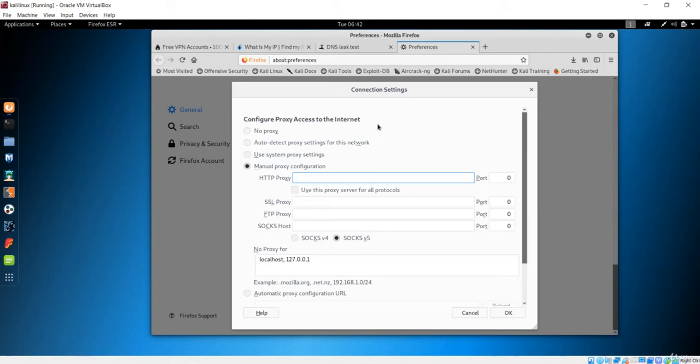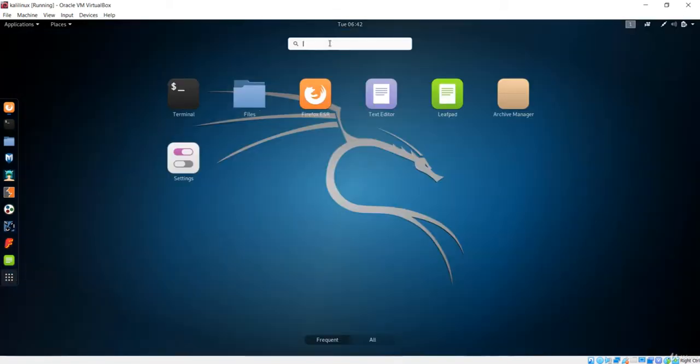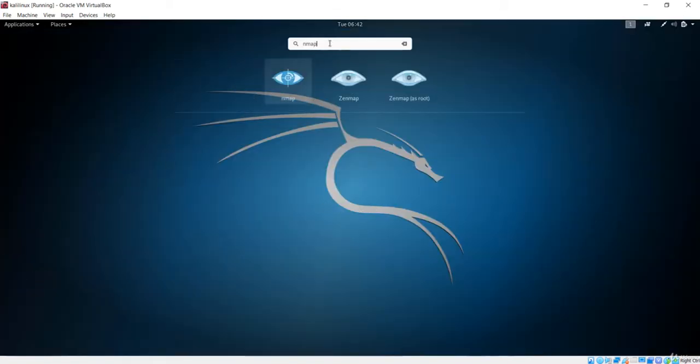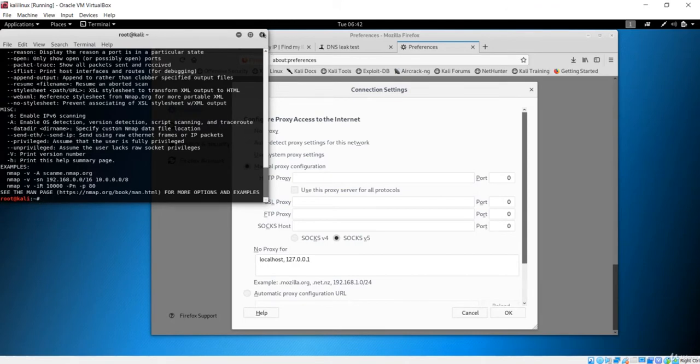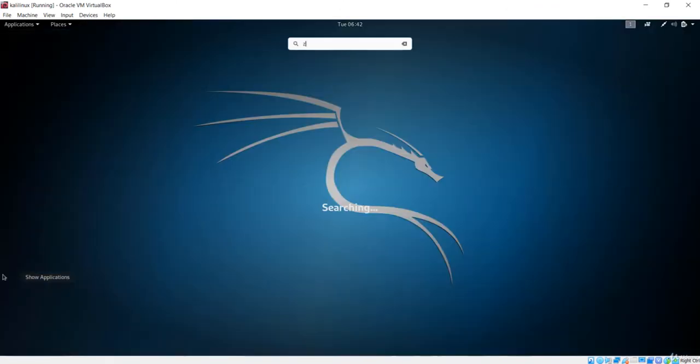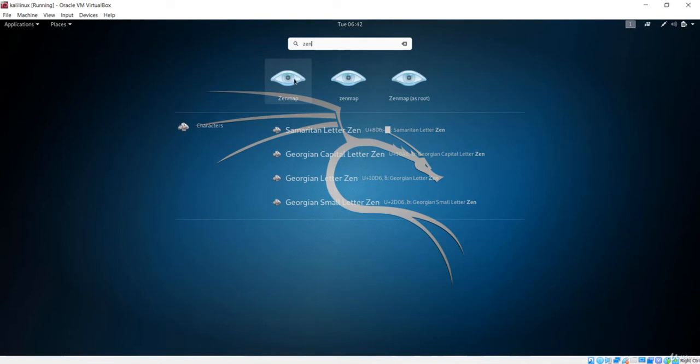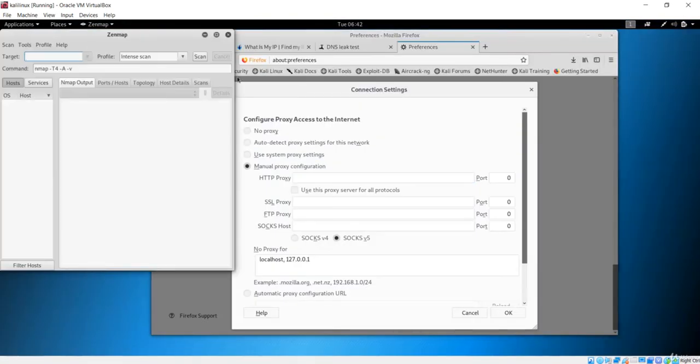You might wonder what the difference is, or what the usage is, between this proxy and proxy chains. First of all, this proxy will only work on this browser. If you configure this proxy and I run a tool like Nmap, the tool to scan the clients connected to your network, or rather Genmap, if I open Genmap and run it, you will see this is the tool that targets some of the clients.